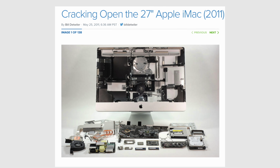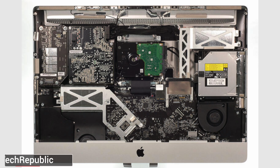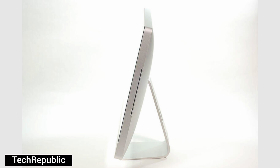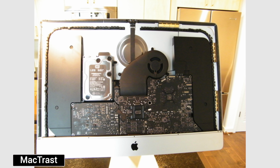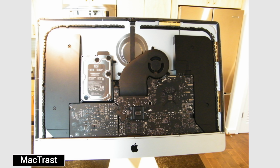My speculations on the redesign start all the way back in 2011 with the older design of the iMac. As you can see, the internals were packed to the brim, basically using all of the available space they could for things like the hard drive, the disk drive, the speakers, and much more. And from the side, you can tell that this was a pretty thick iMac. And the year after that, Apple redesigned it with a thinner body that they're still using in 2020. And as you can see, the internals are quite a bit smaller, so they decided to put larger speaker enclosures